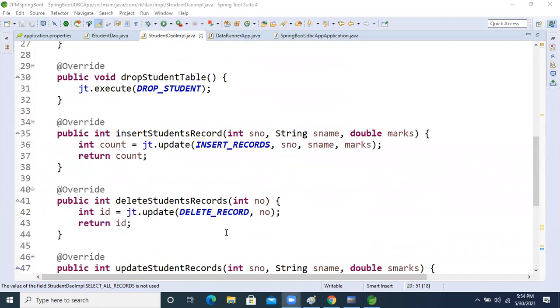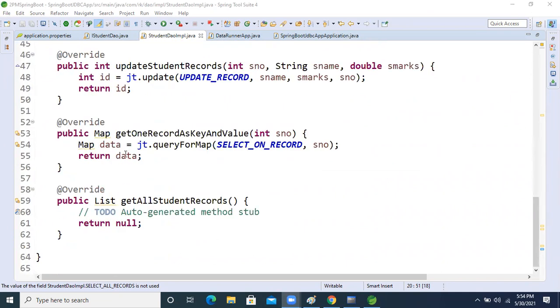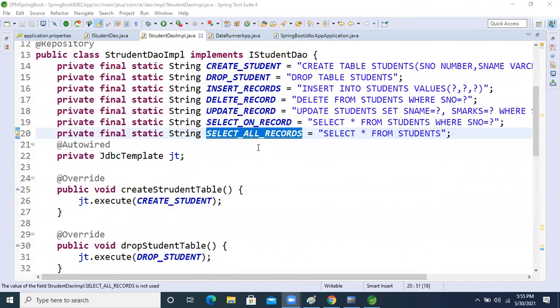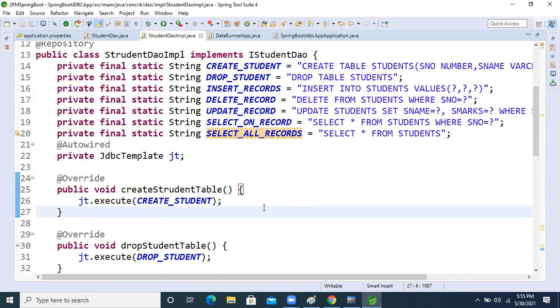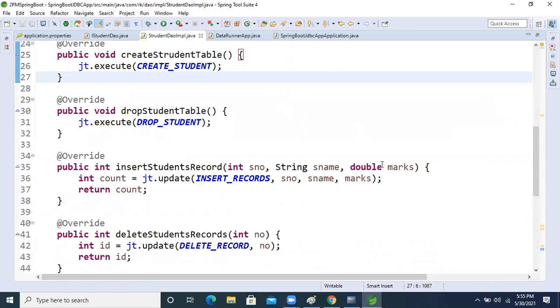Yeah, we can write it directly. Select the statement in here in the argument also, right? Here also we can write it. But by looking, it's a little better, right? If we write it inline, then this method argument will become too long. Because of that, I'm using a variable.